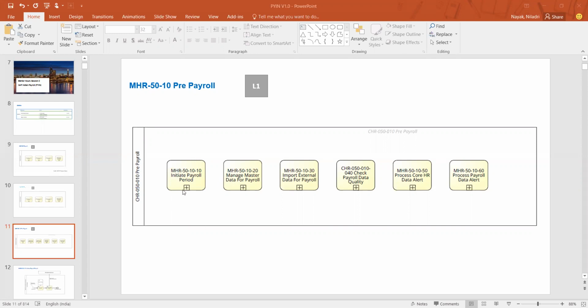So that means we are telling the system, dear system, we have completed payroll for September month. Now we are ready to move to the next payroll period. Okay, so that is the meaning of initiating a payroll period. So this is the first thing we do. Once it is done,